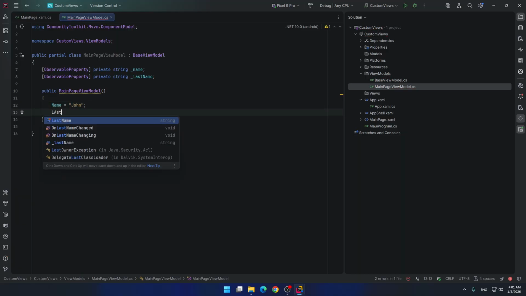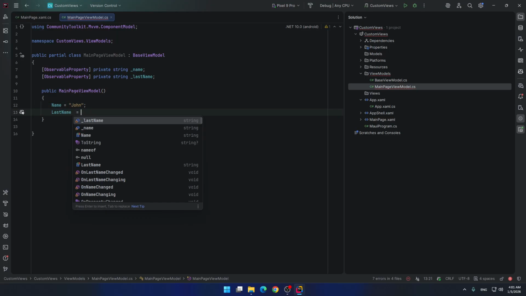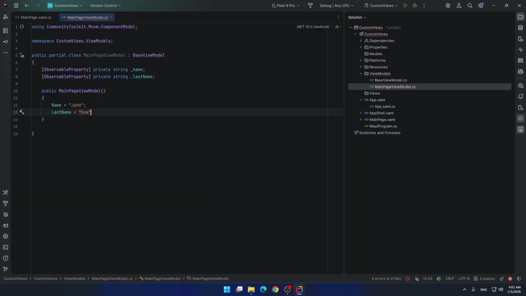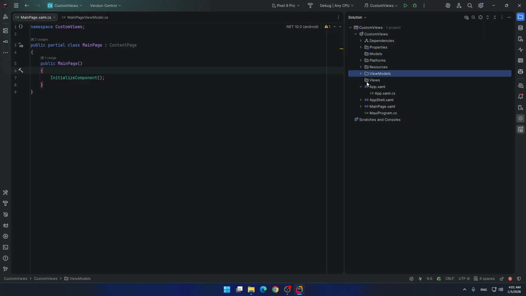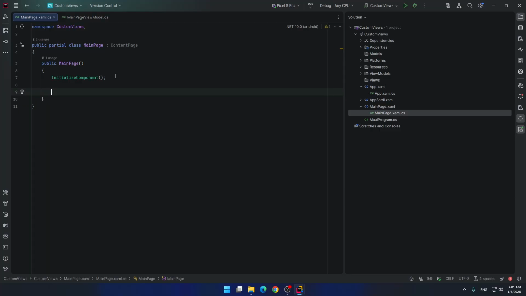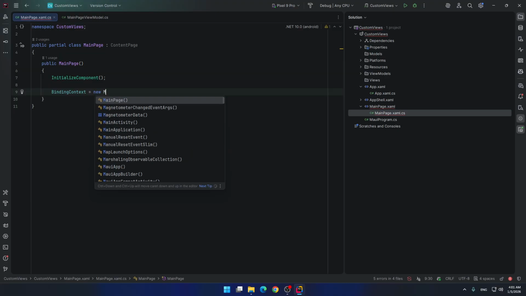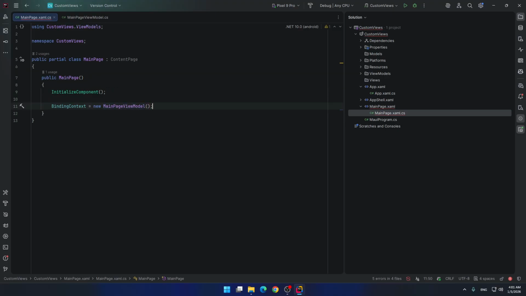Thank you, AI. And for last name, let's be Doe. So in our main page code behind, we will bind this main page to our new main page view model.